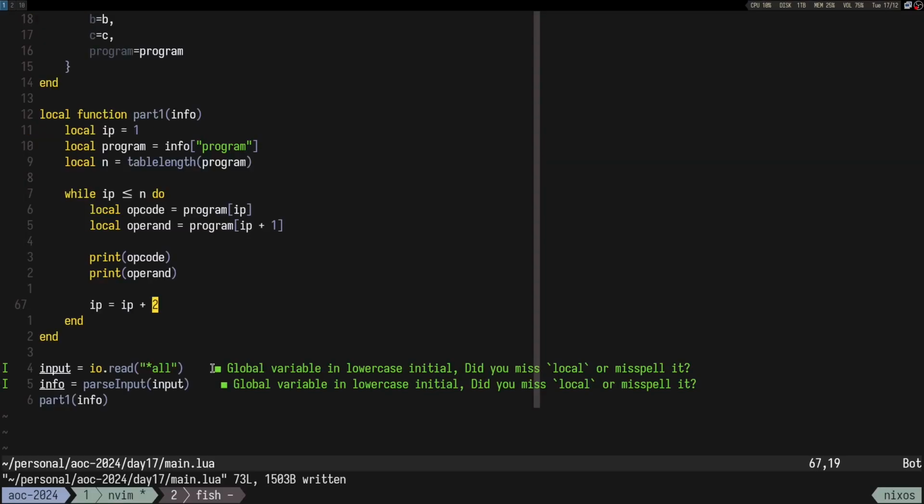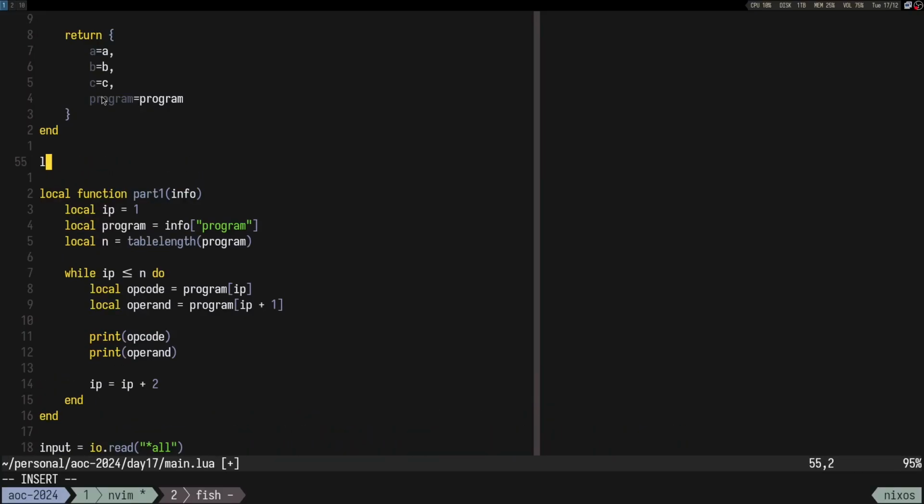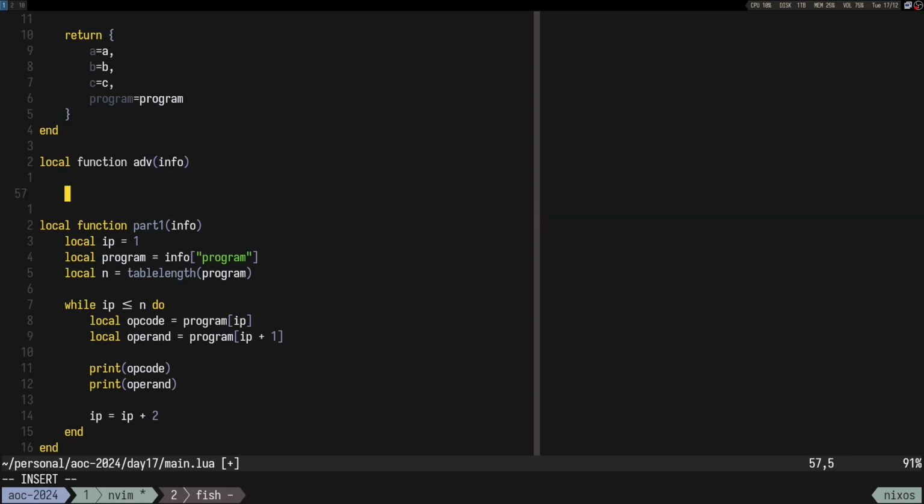So let's implement add. So local function add. I guess we are gonna take in an info and return an info back. We could modify it in place, but I don't. We could just do it like this. So local A is gonna be info A,